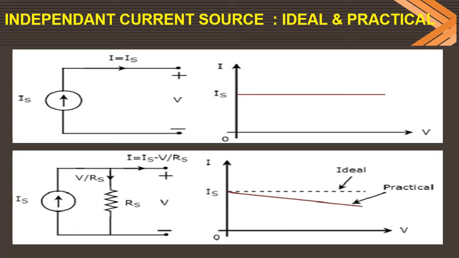For independent current sources, again there are ideal and practical cases. You will observe a constant characteristic here for the ideal case. You are not getting the constant ideal case in this one, which is the practical one. If there is no internal resistance or load, you will find the ideal case. If there is internal resistance or any kind of load, you will find the practical case. See here, Is is the source current, this is the total current, and plus or minus V; in many textbooks it is VL. Or you can say the total voltage.